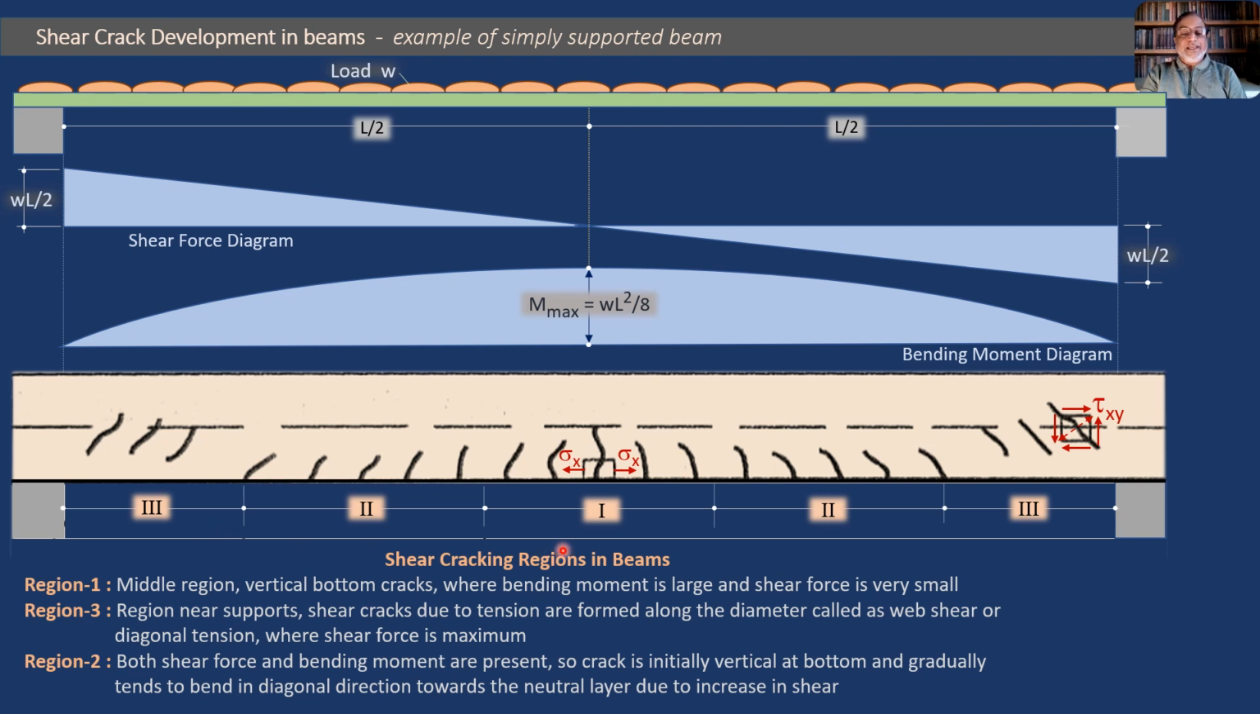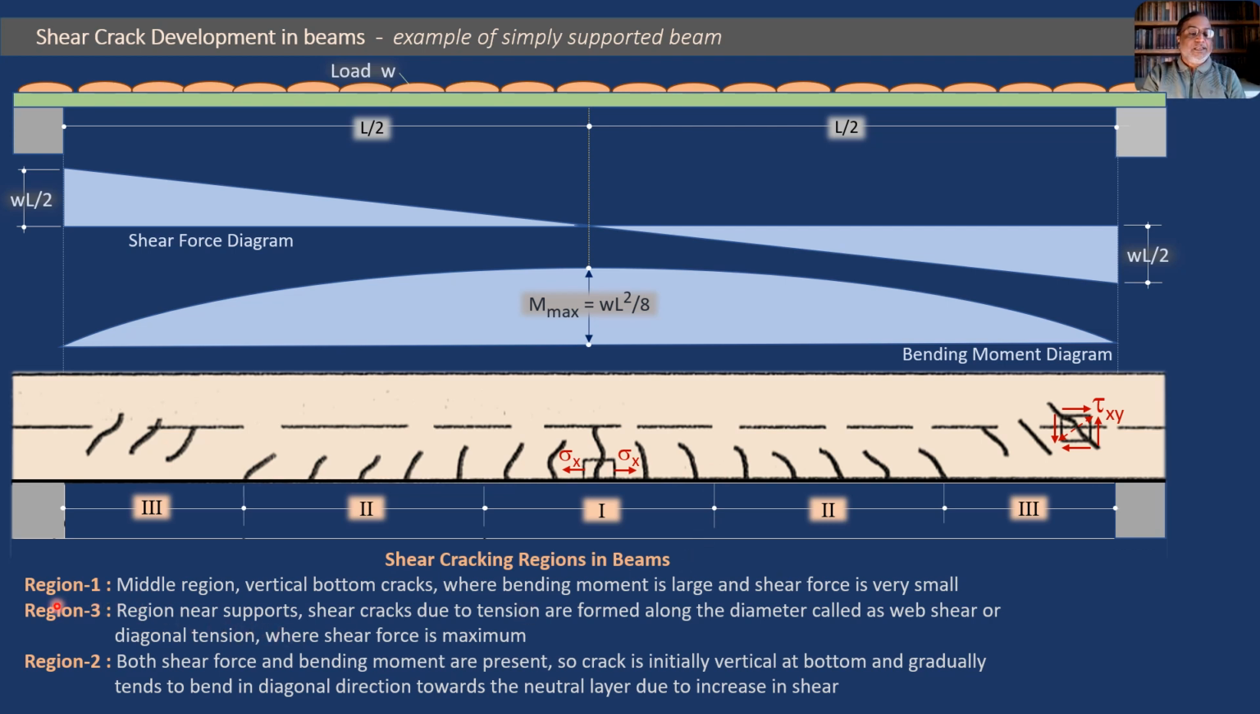Out of the 3 regions, region 3, here and here, is close to the supports, and that is where shearing action is prominent, whereas region 1 is at the central part of the beam where the shearing action is weak. Shear is not much, but bending action is prominent, right? So the cracks will also be according to the action. Let us just